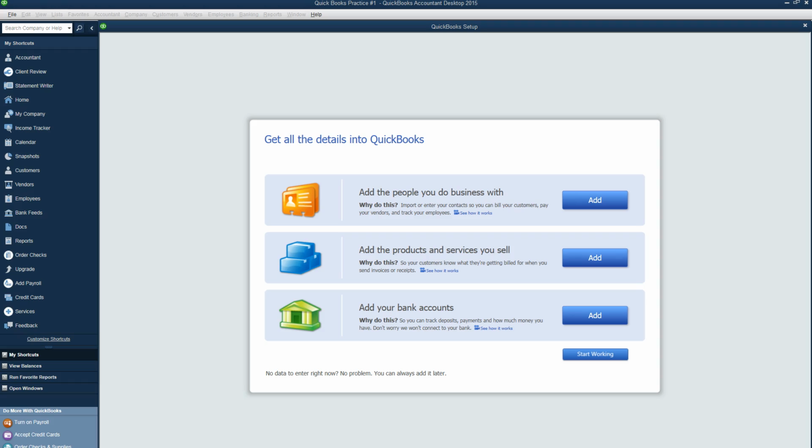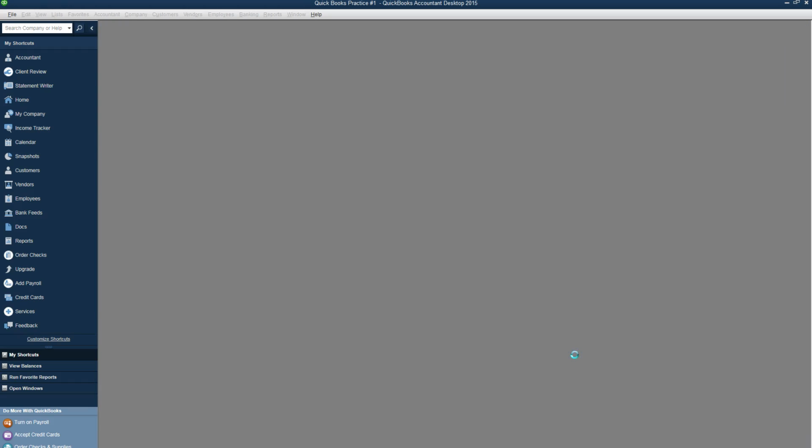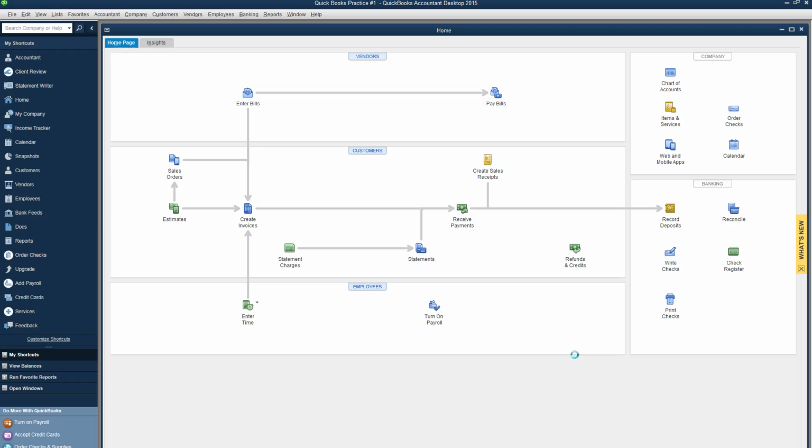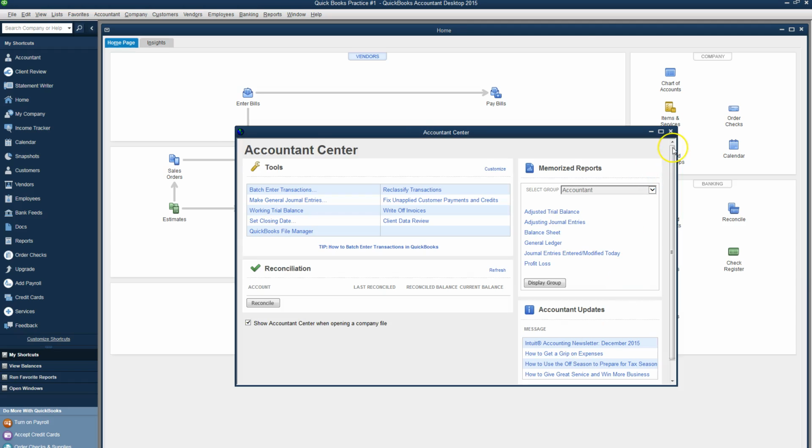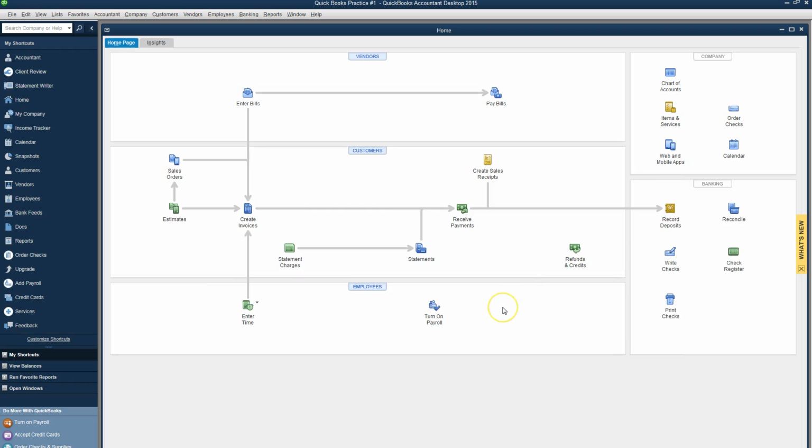And I'll pause. Okay, it took a little while, but this is the screen you get when QuickBooks has finished its setup process. So we're going to start working right away. And this will be our QuickBooks, kind of the map to how our business is going to work. Now you'll note that as you look at this map, there are certain things missing that we're going to need. Number one, there's nowhere to enter purchase orders and inventory. Alright, let's close the Accountant Center that comes up. And what we're going to do is we're going to go to our